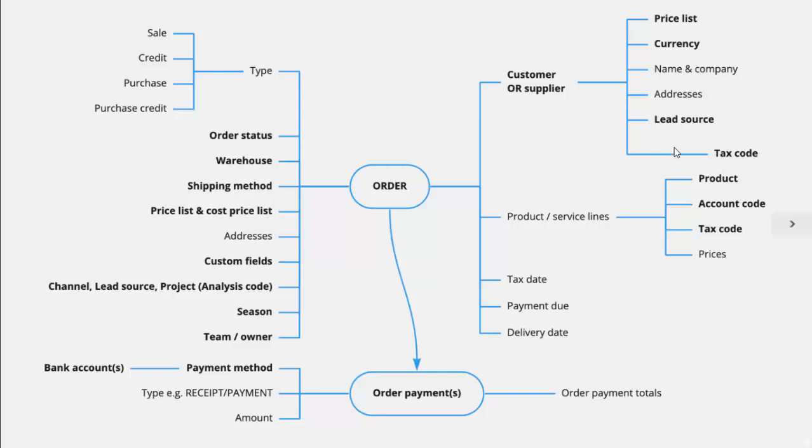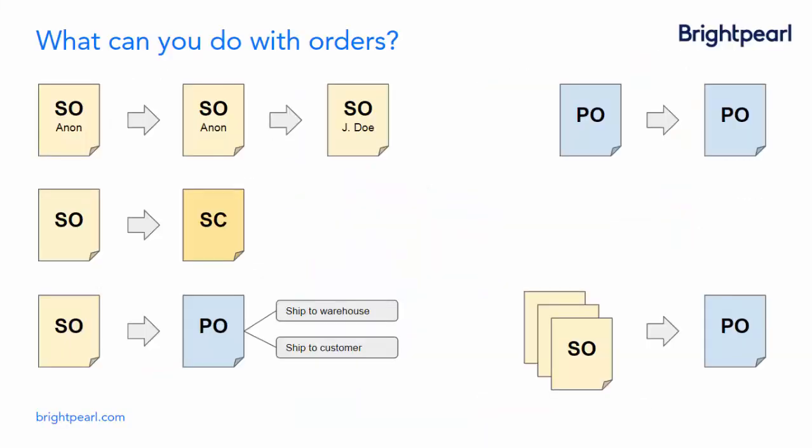Tax code is separate here. An order doesn't have a tax code, but if a customer or supplier has a tax code set, then every line added to that order will use the contact's tax code. In Brightpearl Backoffice, the customer can be changed on sales orders,